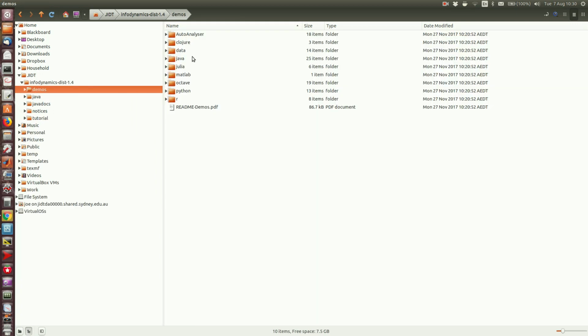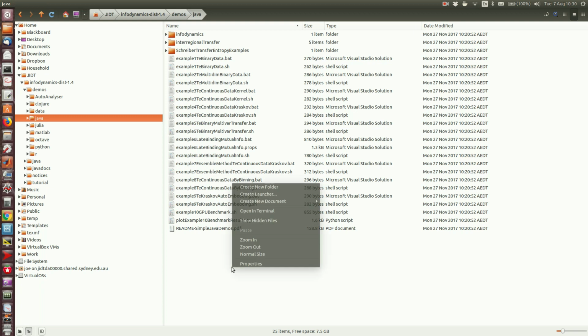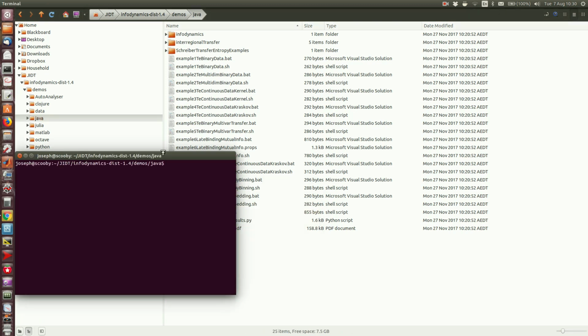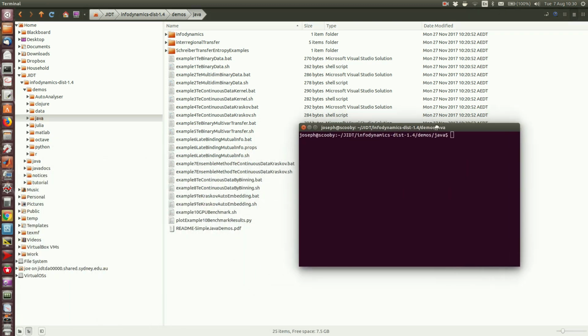I'm going to go into demos, Java. I'll take a terminal window here. Now the first thing I'll need to do to make sure that all my shell scripts run properly is to give myself execution permission on this. This is something that you'll only need to do in Linux or perhaps on Macs. For Windows users, you won't need to do this. Okay, so now my scripts are runnable and I'm going to run